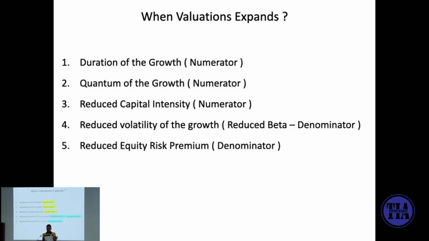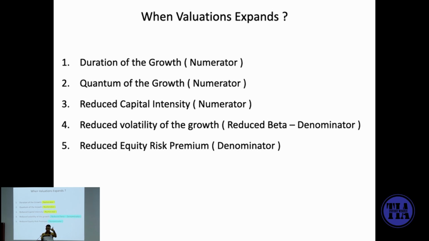The first variable is the duration of the growth going higher. Higher the duration of the growth. Next, the quantum of the growth. You understand the duration? Instead of 10 years, the company is going to grow 30 years. Then your PE multiple will expand. Like the name got changed, Zomato to Eternal. Correct? Second, the quantum of the growth goes up. Instead of growing at 10%, the company started growing at